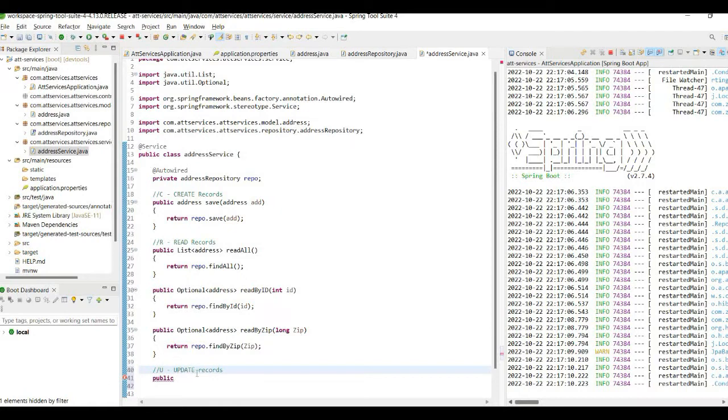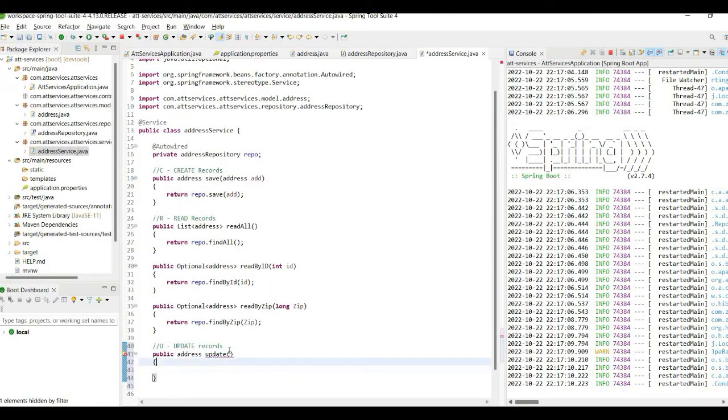Update records. Okay, so public. Now after updating, it will again send back the new record, right? That means it will give back the address, right? Address, let's say update is the function name, and here